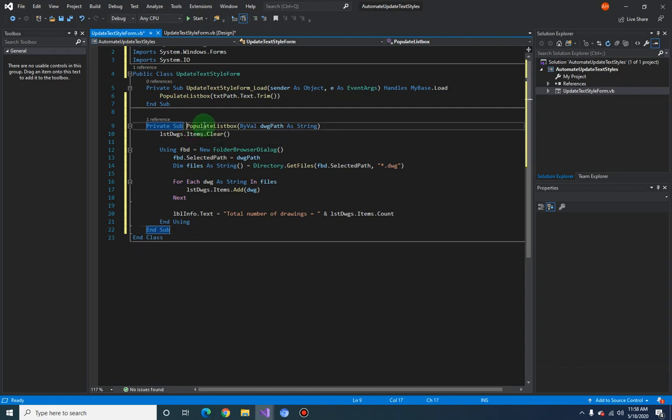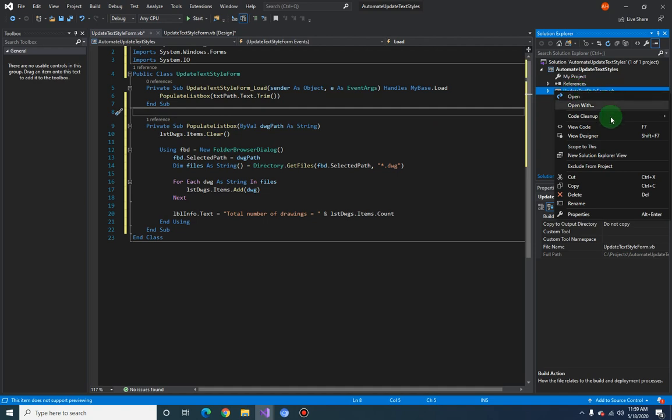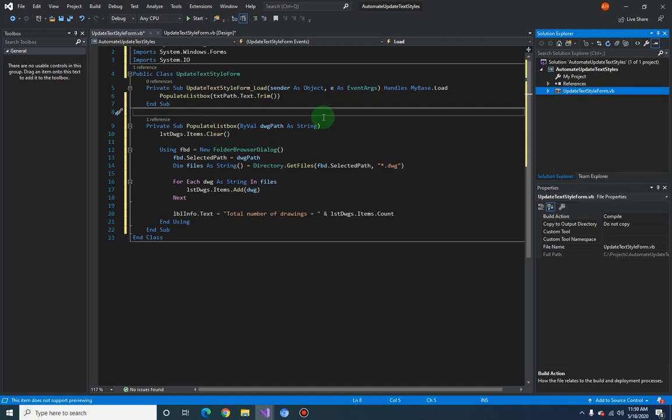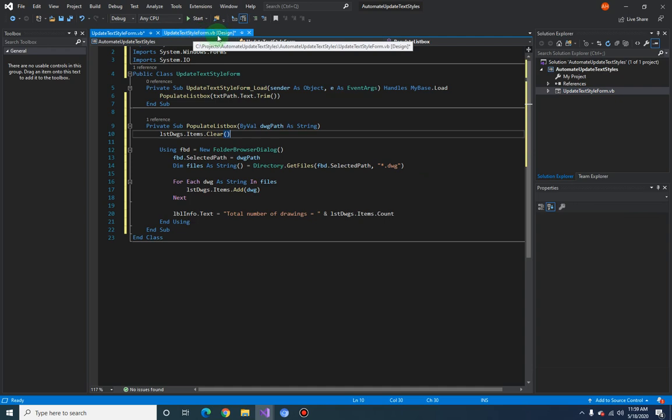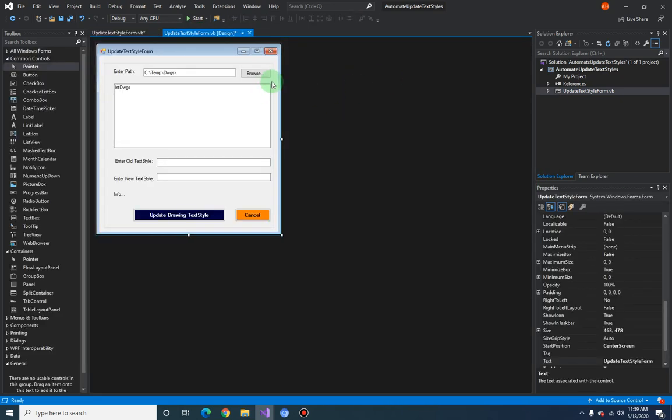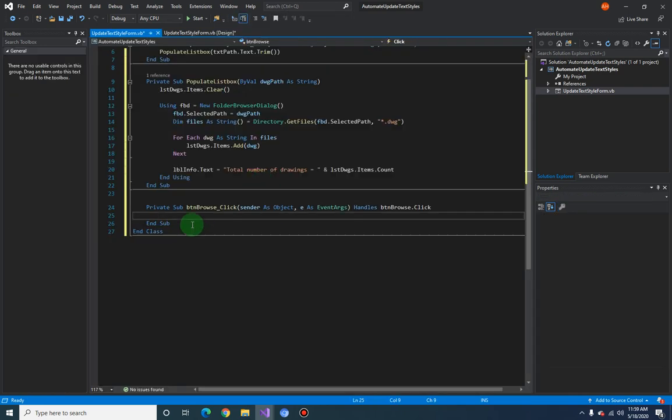Now we can use this when we do the browse click event. So let's go back to our code. You can right click here and view designer if it's not open in the tab here. So either way you can do both. So now let's double click on this button, so it will create for us a method here. Now all we have to do there is